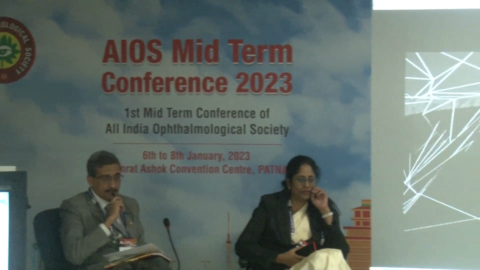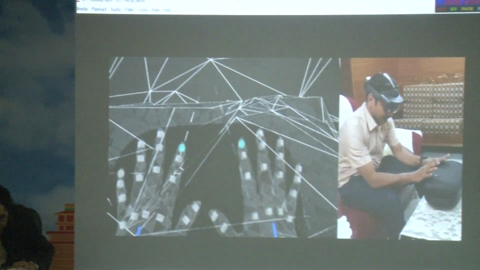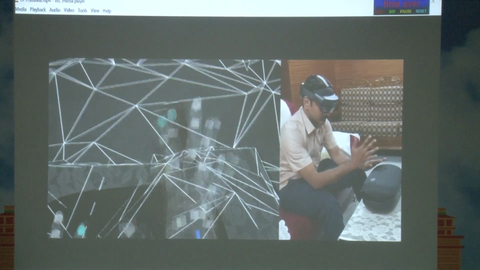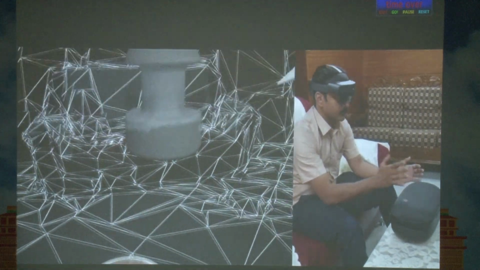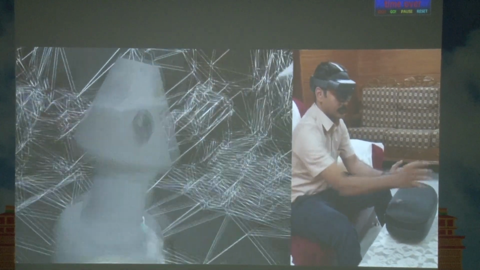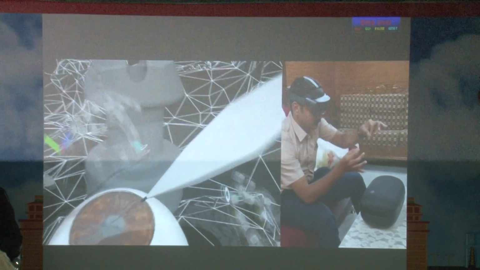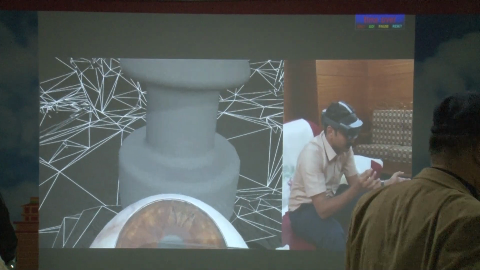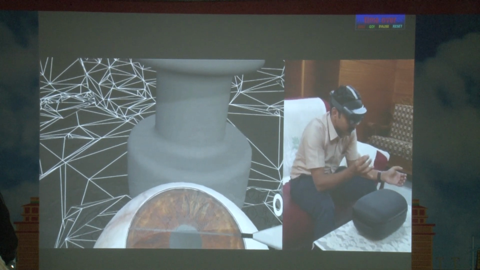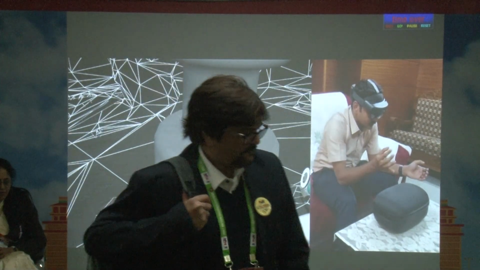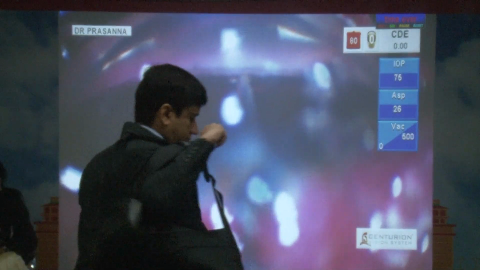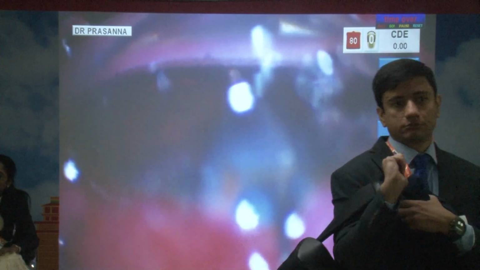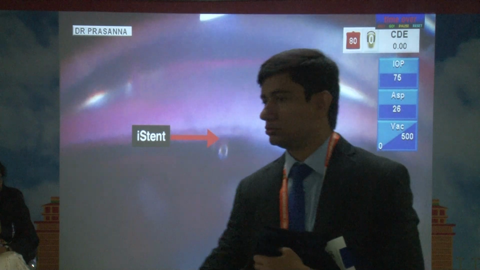Augmented reality simulative training in 4 dimensions. You can see here our toolkit where the trainee who's undergoing training is moving his hands, which is actually coded in the metaverse. Now he is actually expanding the eyeball and he's having the MIGS Generation 1 eye stent in his right hand, and he's placing the stent into the angle. When correctly placed, a green light is shown in the bigger model, which shows he's in the right orientation for hand-eye coordination development,